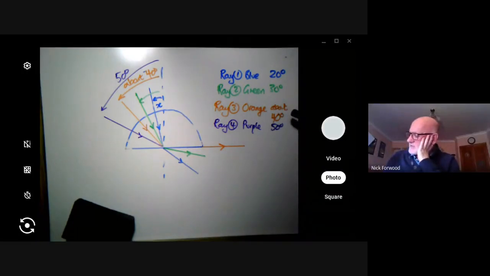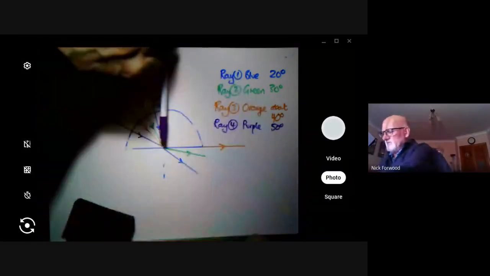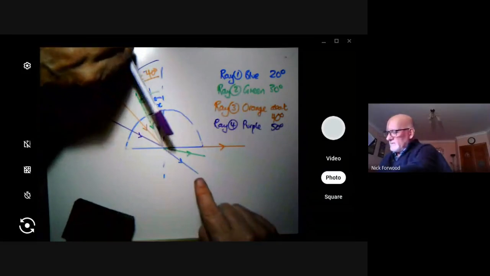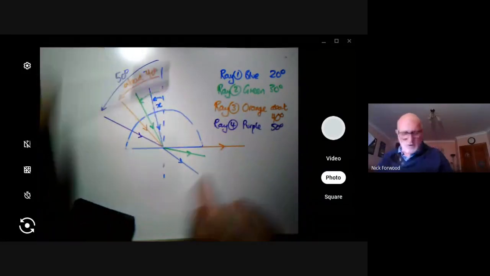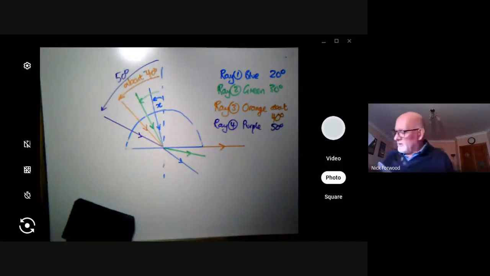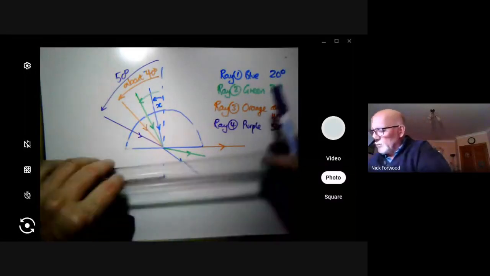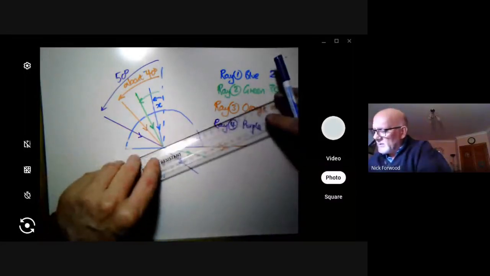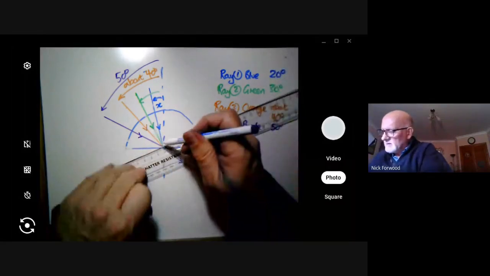It's not as nice a number as that, but you'll see that as the beam of light is moved round and round, it goes from there to there to there. What does this purple one do? Well, the purple one, if you can work this out, the blue one comes out, the green one comes out, and this angle is even bigger. The orange one comes out, and its angle that it comes out is actually at 90 degrees. And the purple one is reflected